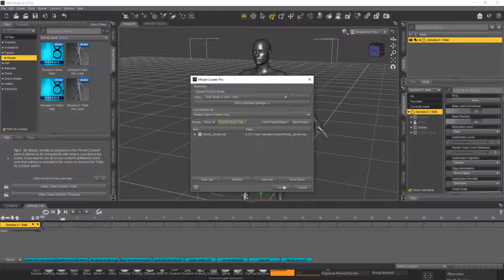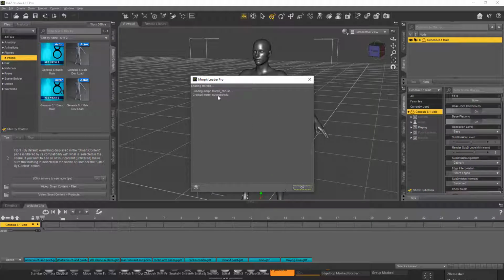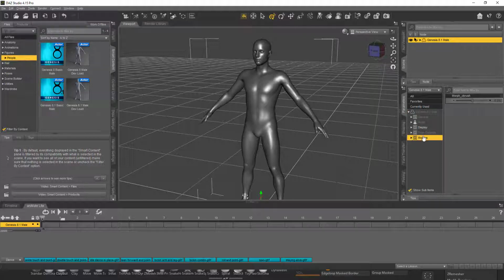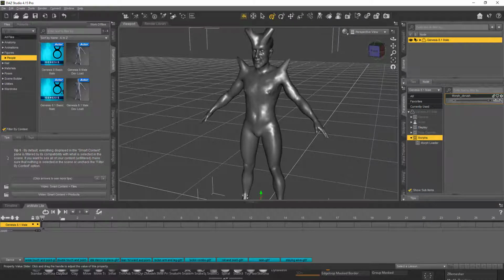Click on open and accept it, and you will see the message that it's loading morph from ZBrush and created morph successfully. So now you can see a new section has appeared, and this is called Morph. When you click on this, you'll see the Morph ZBrush OBJ has been imported here. Now if I drag the slider, it will increase the morph.